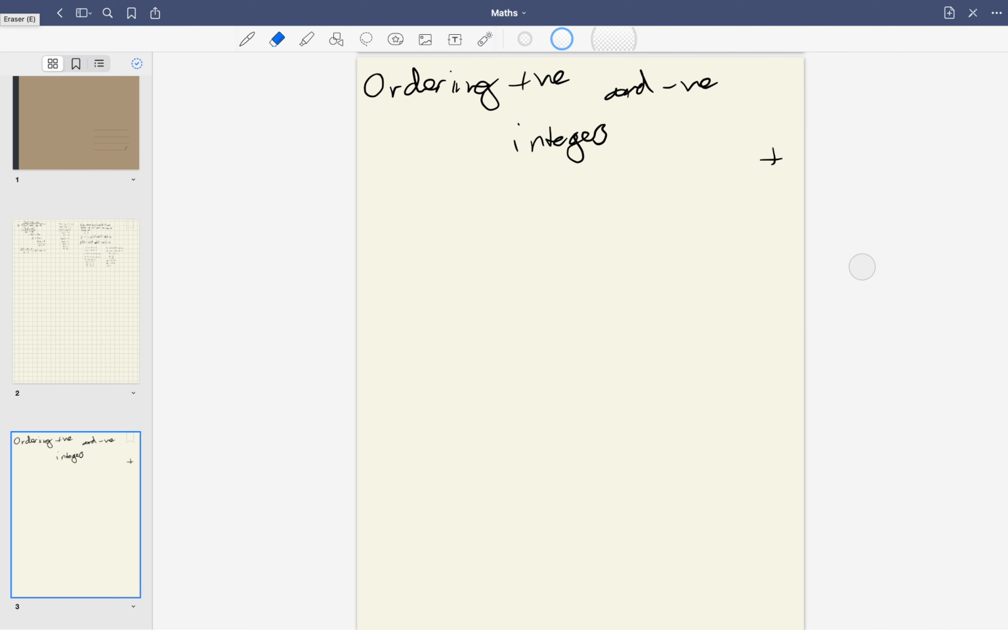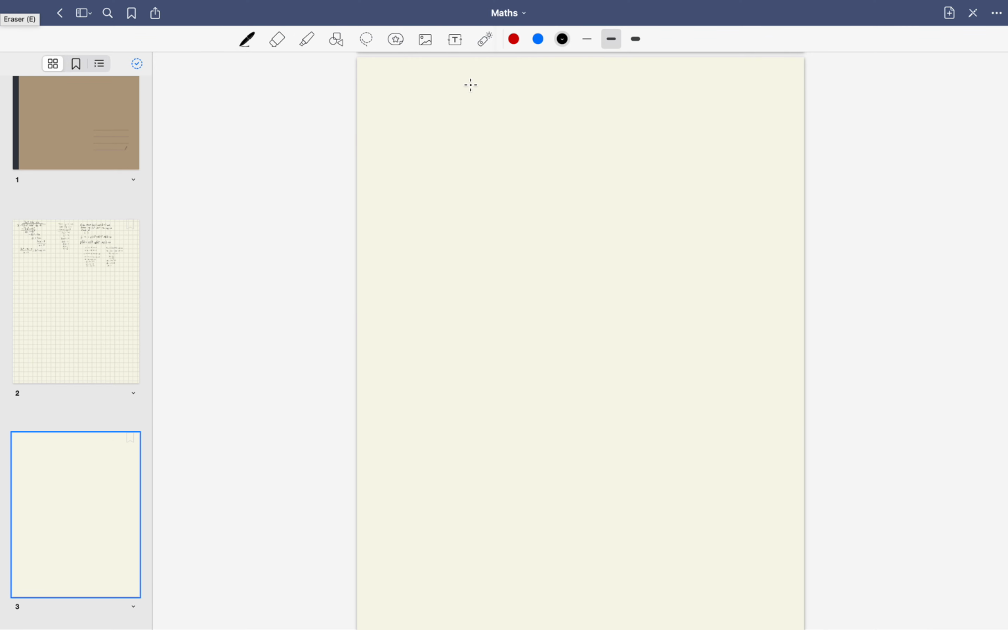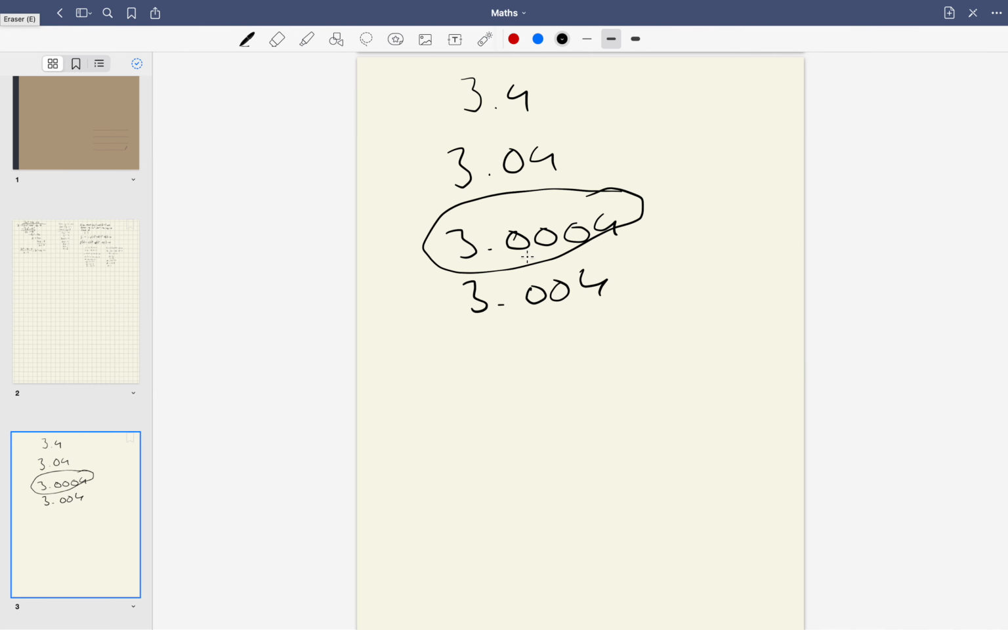Okay, now another thing that people make a mistake with, so that's integers done, is decimals. A question that I've seen pop up a lot in GCSE papers is, so just taking some numbers off the top of my head, we've got 3.4, 3.04, 3.0004, and 3.004. Right, if you're ordering them smallest to largest, the smallest one is 3.0004